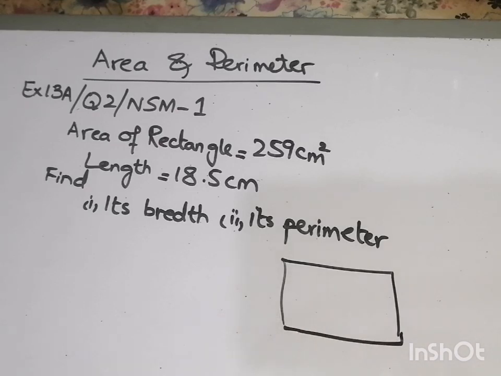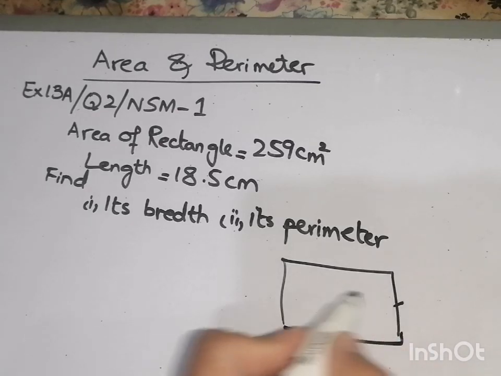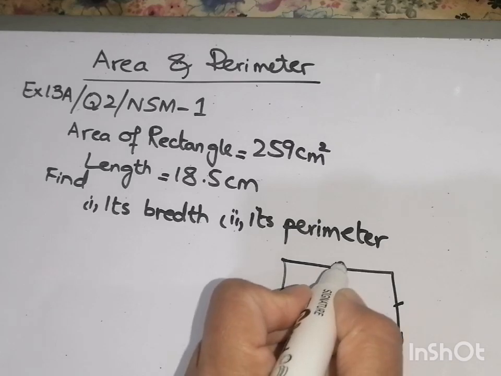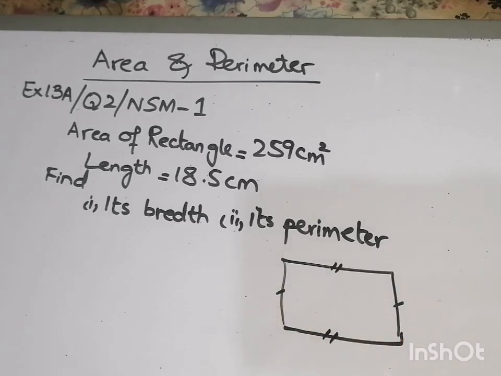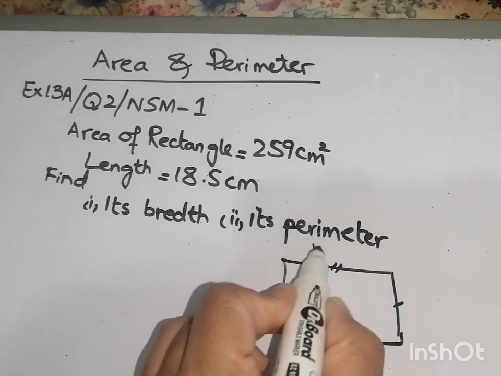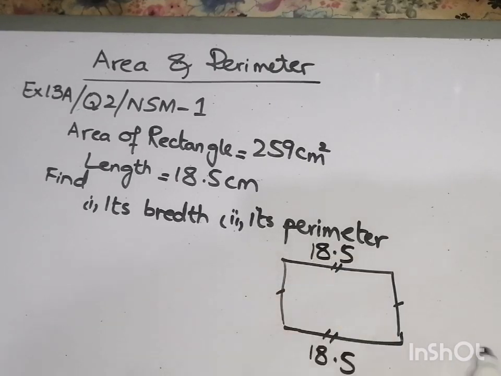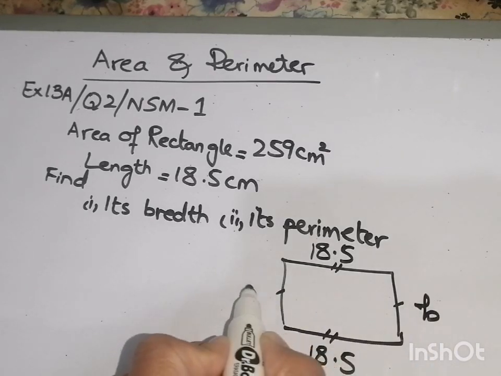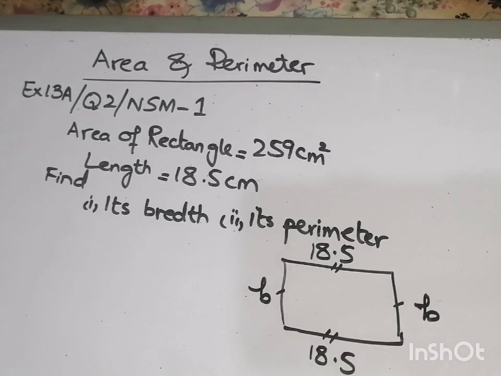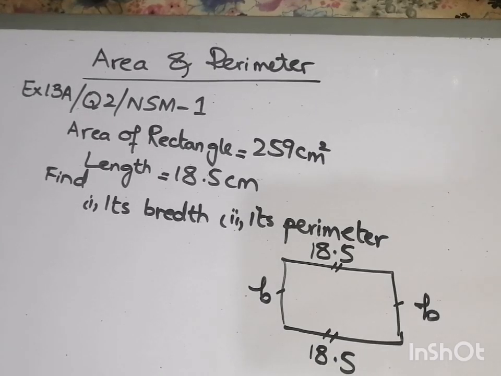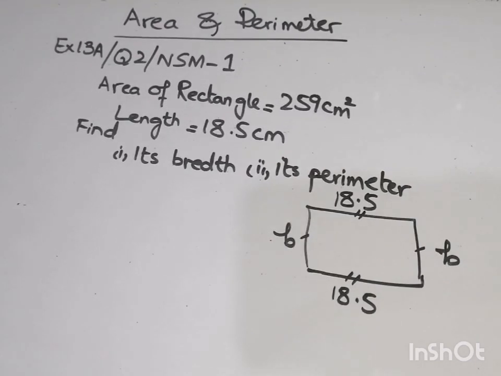First of all, I will tell you that a rectangle is a shape and it's a quadrilateral, and the property is that two opposite sides are equal in length. We know that the length of one side is 18.5, so the other opposite side is also 18.5. Now we don't know this, let's call it B, and we know this opposite side also. To find the perimeter, because perimeter is the sum of all the outer boundary, we need to figure out what is